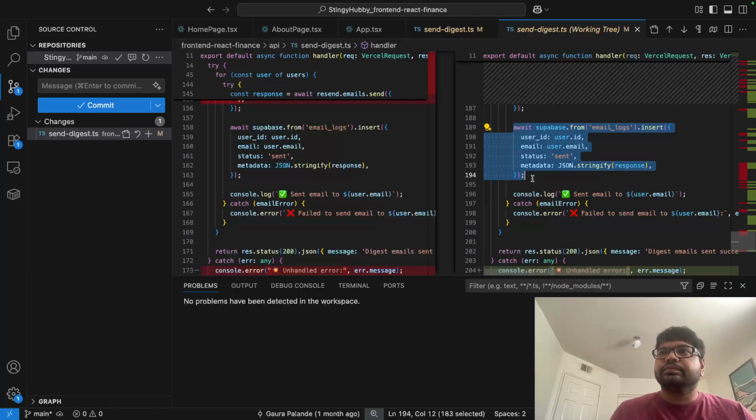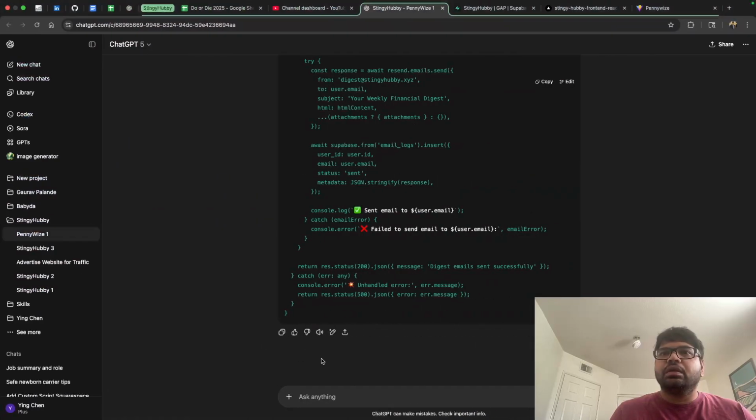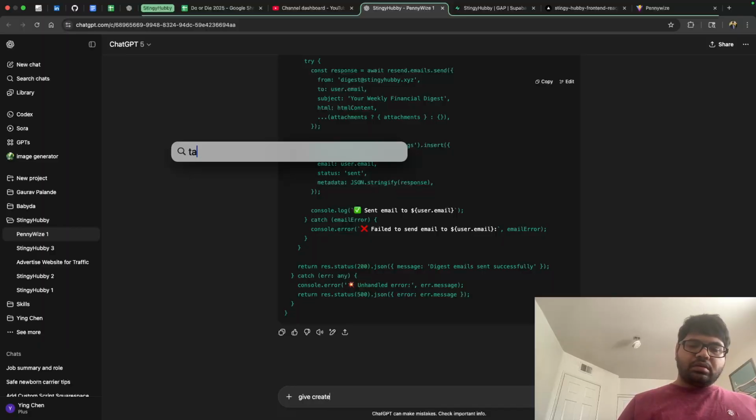Copy, and then create, give create table code for Supabase DB for